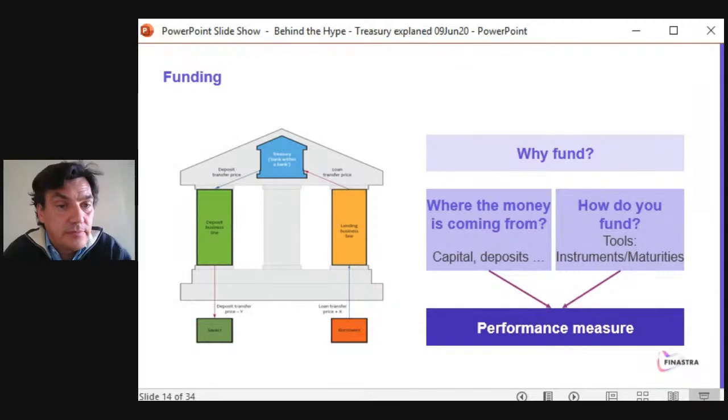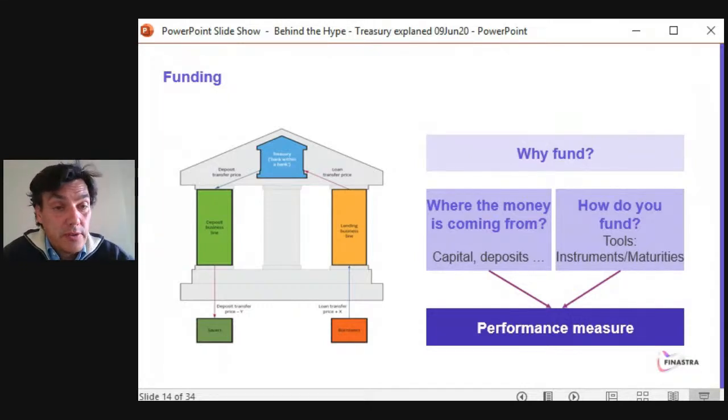So you could tell me, okay, you have some money from the capital, you have some money from the deposit, but the money is coming as well from the central bank. So the banks are borrowing money at the central bank every week in Europe, for example. So it's called the MRO, main refinancing operation. Or they can find the money with other banks, okay? And this is what we are calling overnight funding, so from one day to one another.